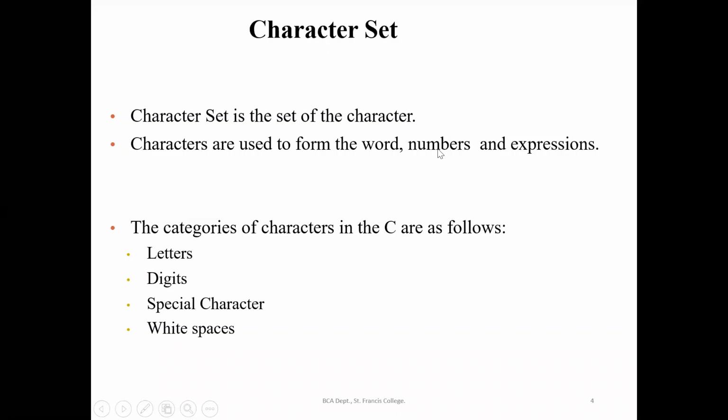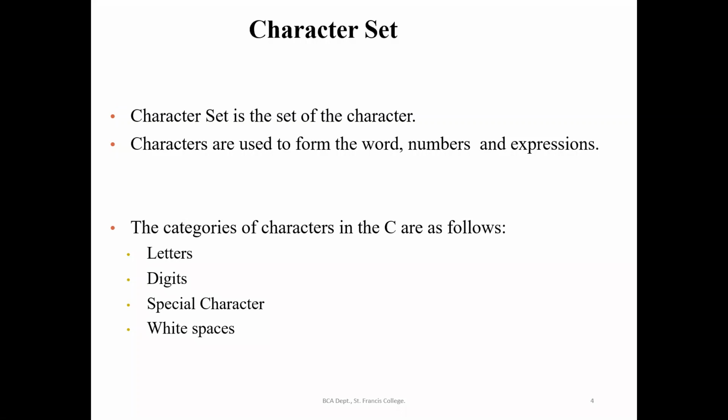Characters, as in English alphabets, we have characters. All those letters in our alphabet, we will combine to form words, and we will be forming the program statements. Numbers, our digits from 0 to 9, we will combine with operators. What are operators? You know operators: plus, addition, minus, subtraction, and all are operators. We will study all types of operators in a separate chapter. When we combine numbers with the operators, we will get expressions.